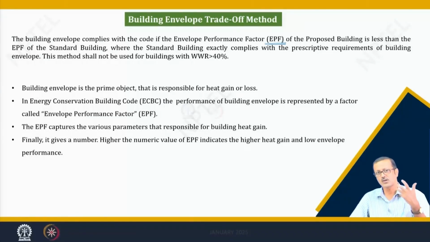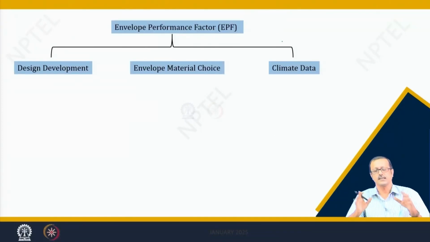So, as we all know, the envelope is the prime boundary through which heat gain and all these things are happening. ECBC provides a particular calculation way to find out a factor, and we can compare 2-3 alternatives or 2-3 architects who were bidding. So, whose performance was better, based on this particular number or factor, which is called the EPF. If you want to see the envelope performance factor elaborately, we will see the mathematical formulas, but